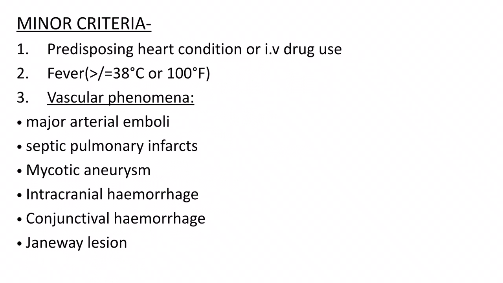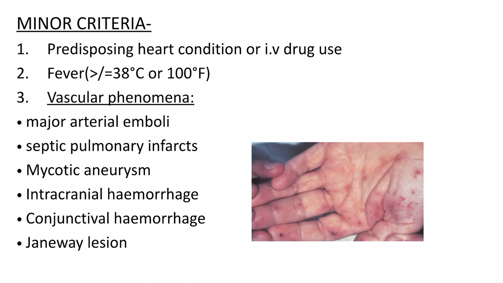or 100 degrees Fahrenheit. Then vascular phenomena should be present like major arterial emboli or septic pulmonary infarcts, mycotic aneurysm, intracranial hemorrhages, conjunctival hemorrhages, or Janeway lesions. Janeway lesions are painless hemorrhagic lesions which are most commonly seen on the palms and soles, as you can see in this image. Major arterial emboli include cardiovascular, carotid, or cerebral emboli also, and septic pulmonary infarcts